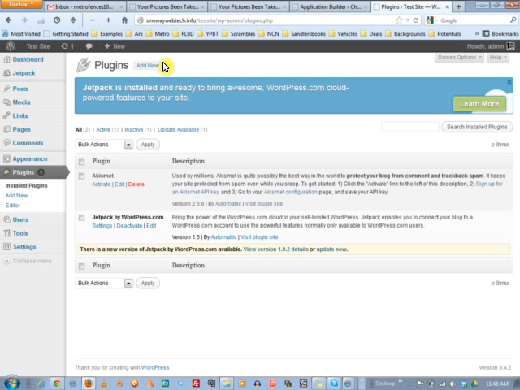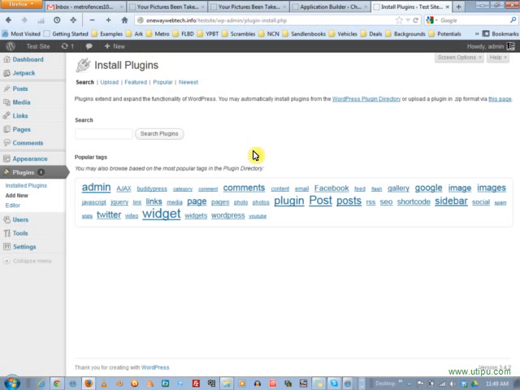To install a new plugin, you go up here to the top and click Add New, and that will bring you to the Install Plugins page, where now you have to decide what type of plugin you're looking to get for your site, and it brings you to the vast array of plugins that do what you want done. There are two ways that you can do it. You can do a broad search by typing in a certain tag, keyword or term